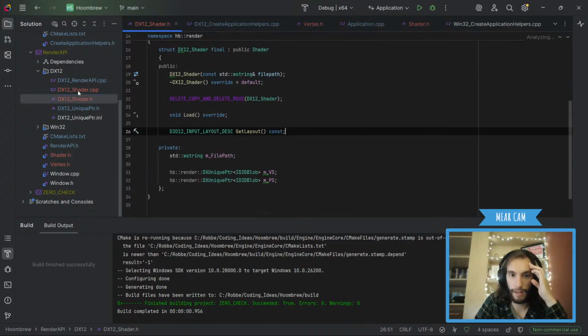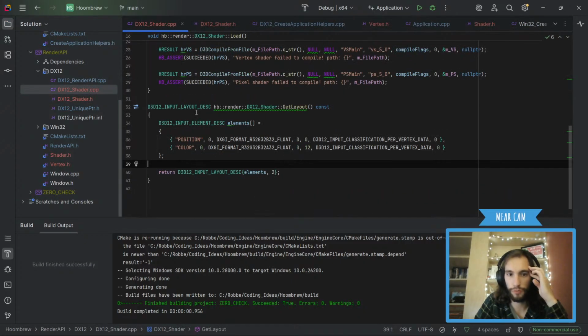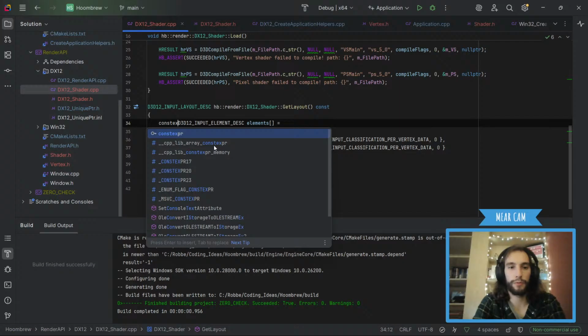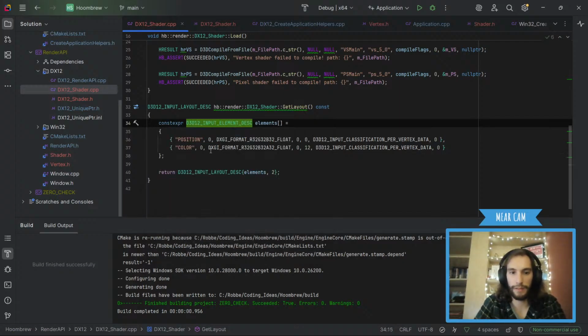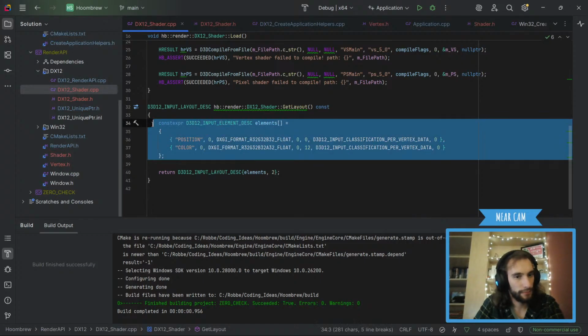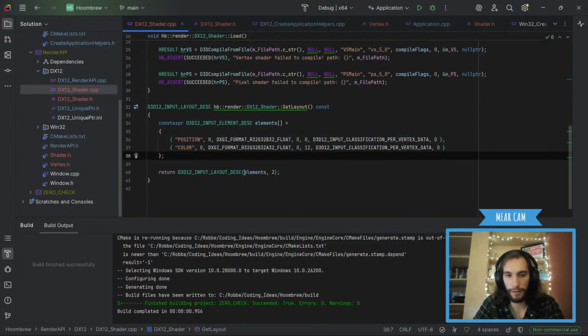So I am pretty sure I will need to specify these layout elements inside it, since it's a pointer. So the way it's set up now is it's basically... Oh, I can make a constexpr, I guess. We can probably do constexpr. Like that, and then it will work, but I don't want to do that. Well, actually that will work. Now it's constant, so it's probably okay. No, let's do it the correct way.